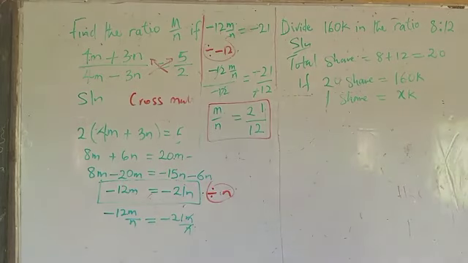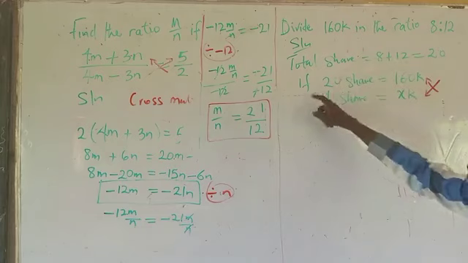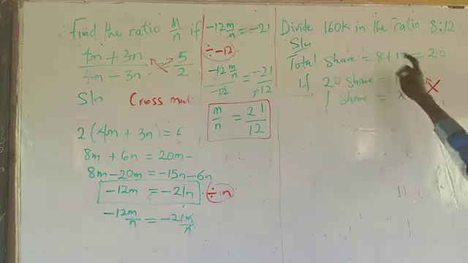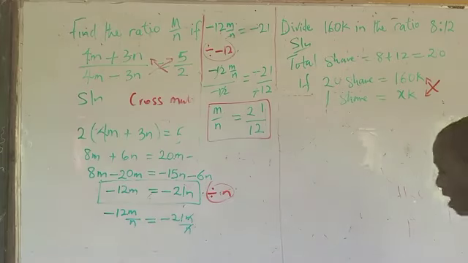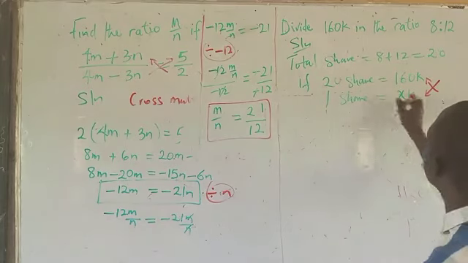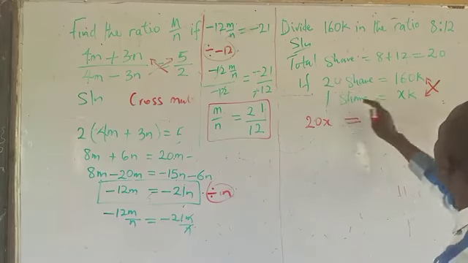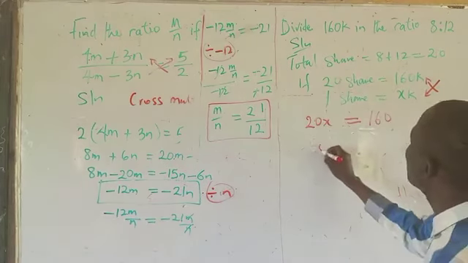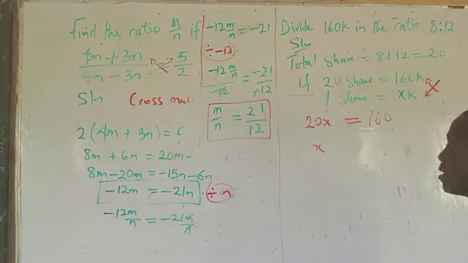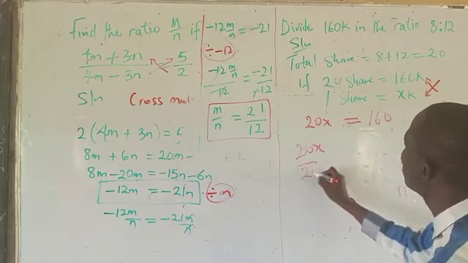So what we do here is cross multiply. The total shares 8 plus 12 equals 20. And if 20 shares is 160k, what will be for one share? It will be xk. So if you cross multiply, we'll end up with 20x equal to 1 times 160, that is 160k. You see? So x, if you divide through by the coefficient of x, which is 20, that is 20x over 20 equals